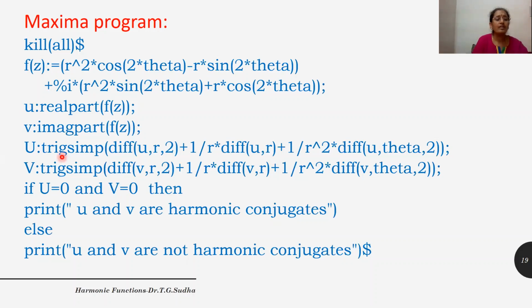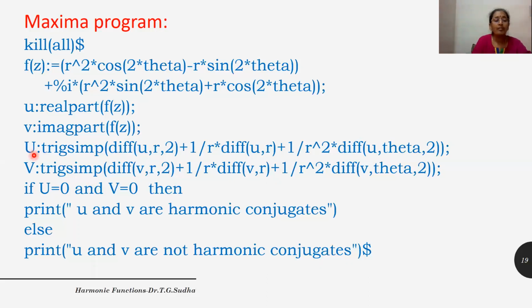And here we are using the trigsimp command because here we have everything in sine and cos. This trigsimp performs various simplifications of trigonometric expressions. It uses the identity cos square theta plus sin square theta is equal to 1 for simplification. And this command replaces all tan, secant, cosecant, cot in terms of sine and cosine equivalents and gives a result in sine and cos. So here we are using trigsimp. Similarly, capital V is represented by the Laplacian of v. Once again, here also we are using trigsimp.